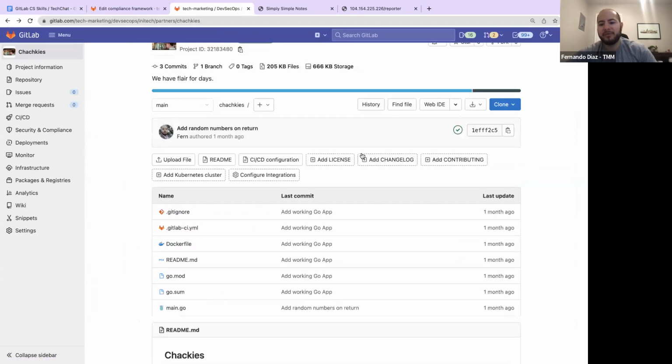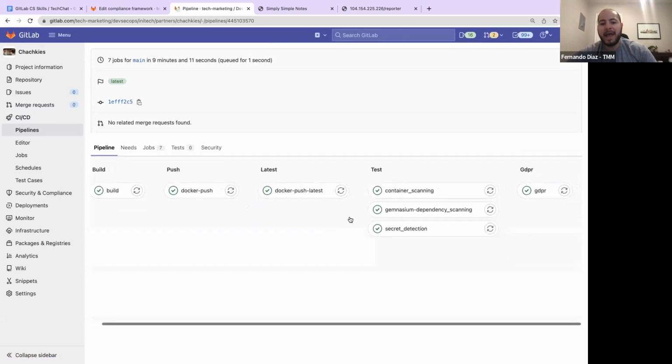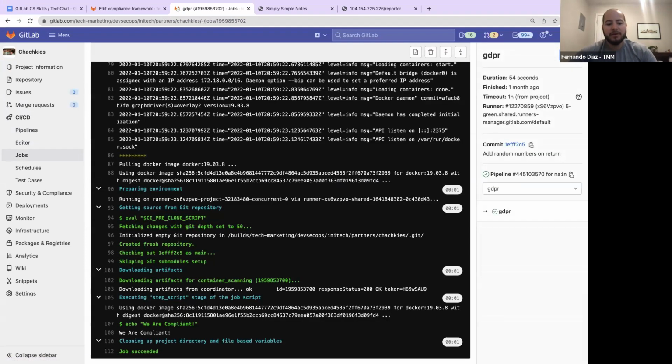So how do we enforce separation of duties? Well, you'll see that the last pipeline run actually contains all the scans and the GDPR job. So here you'll see we're compliant. So that puts together separation of duties, and you can actually see that the file that's run is the file